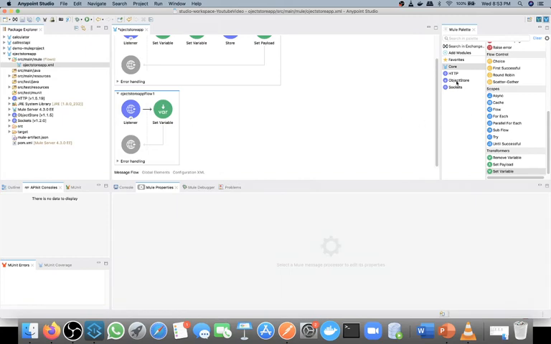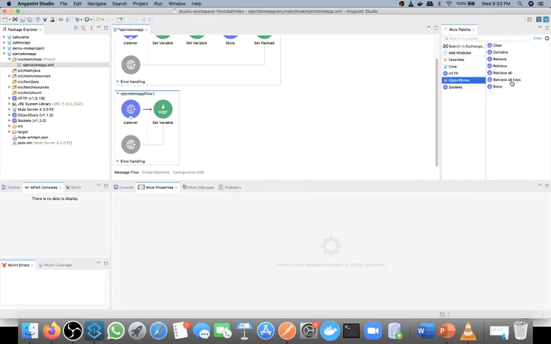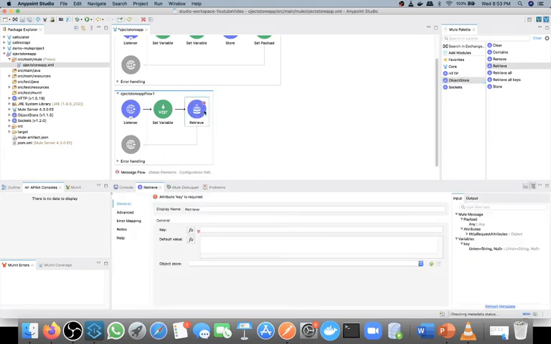Then I will select the object store retrieve operation. Now I need to pass the key. My key will be vars.key, since I am storing the key inside vars. I will select fx. The default value I am putting as null, blank.